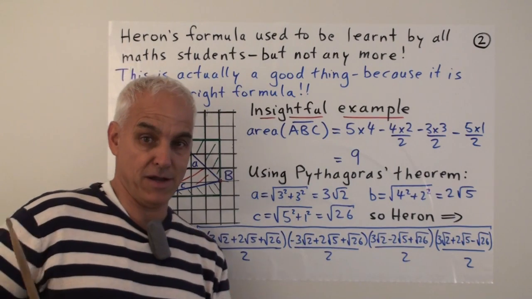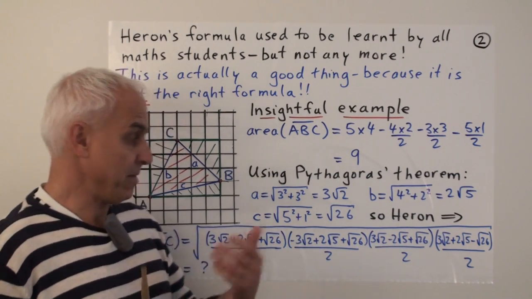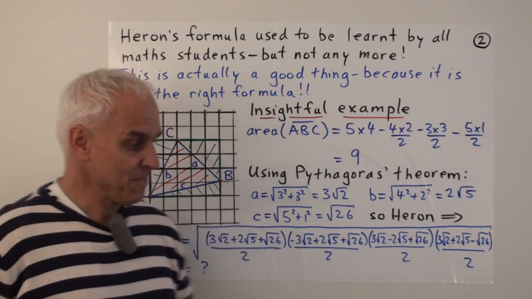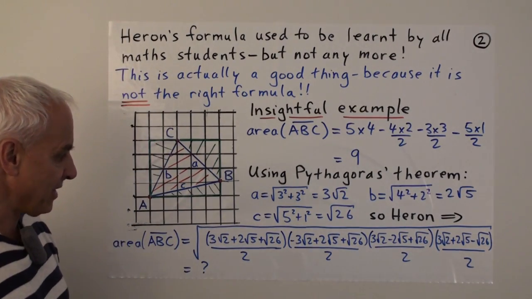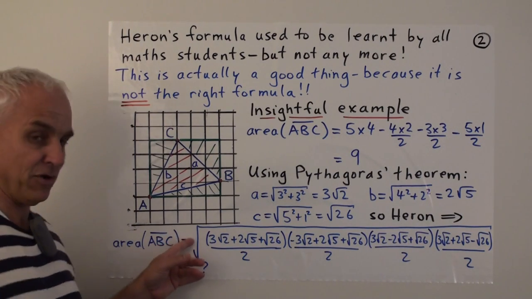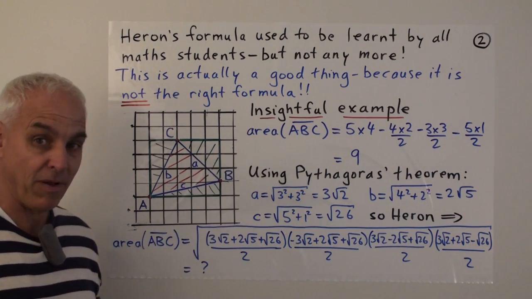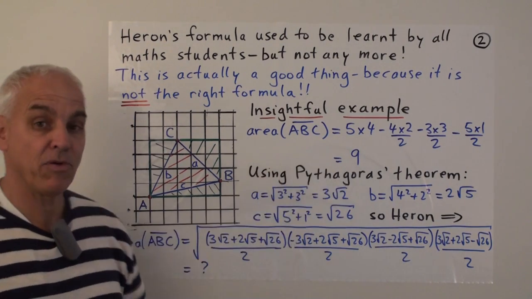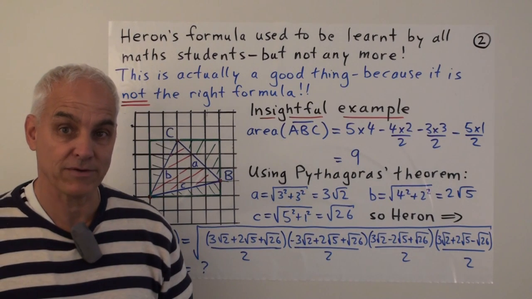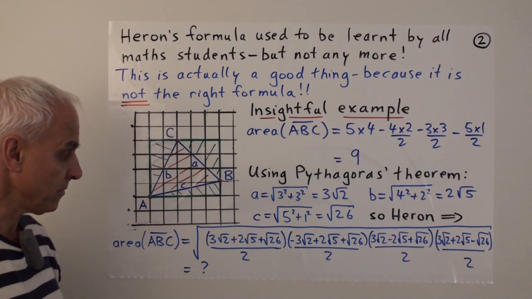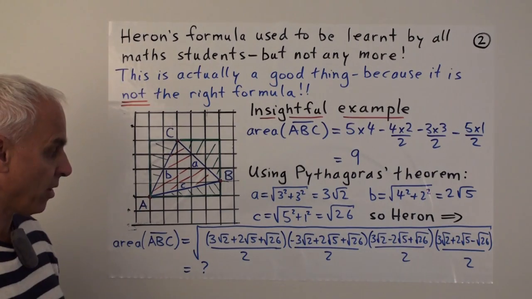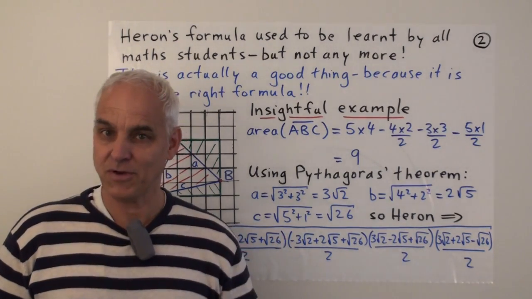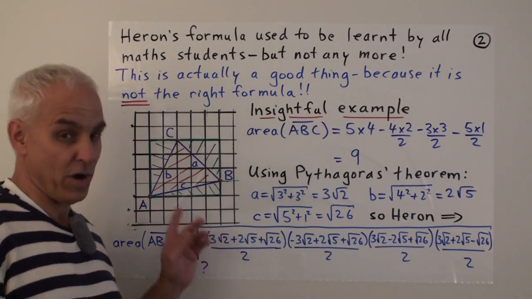You're going to get some decimal expansion which is pretty close to 9. Maybe 8.999985574, or maybe 9.0000149, something like this. So it's not entirely obvious that this is really a good formula, because in this simple example, it doesn't give us, at least immediately, the very simple natural answer that we know is actually correct. There's another, more conceptual reason why this formula is fraught with difficulty. And that's to do with the square roots.